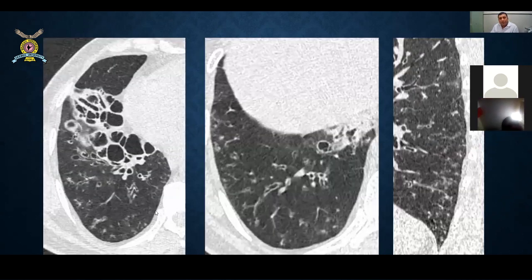So this is a case. This patient presented with fever and cough of long duration, and imaging was done. In this patient, you can see there are multiple abnormally dilated bronchi seen as bronchiectasis. You can see the thickened wall of these bronchi. There are multiple centrilobular nodules in the lower lobe. You can see tree bud appearance. So this is a case of bronchiectasis secondary to tuberculosis with superadded infection, or you can say endobronchial spread of the infection, as there is a tree bud appearance.